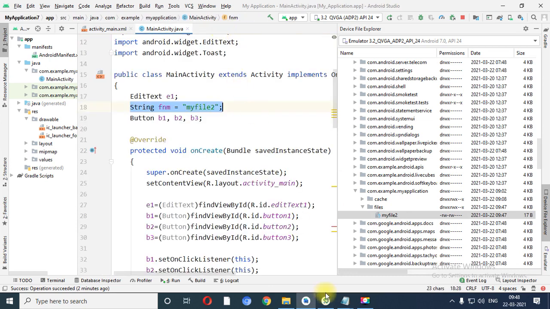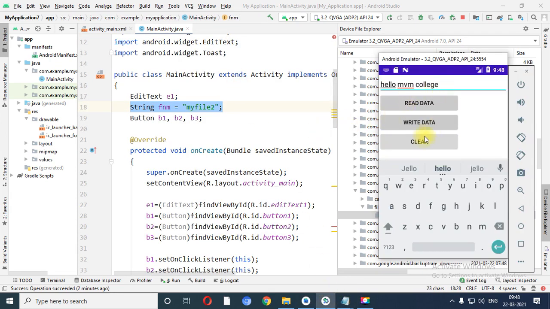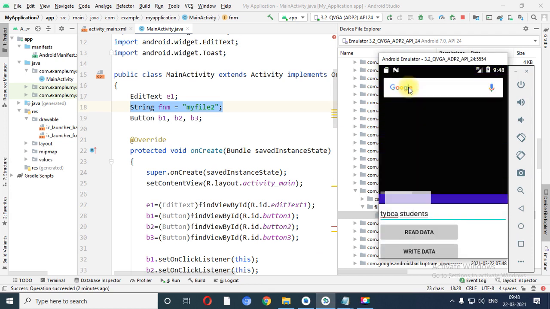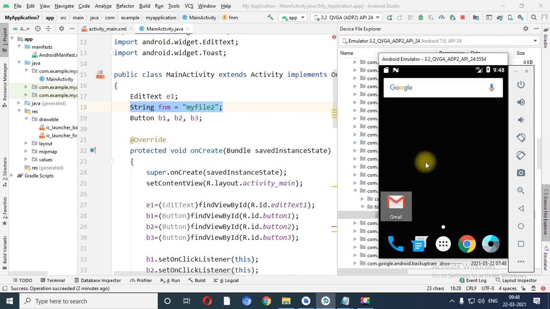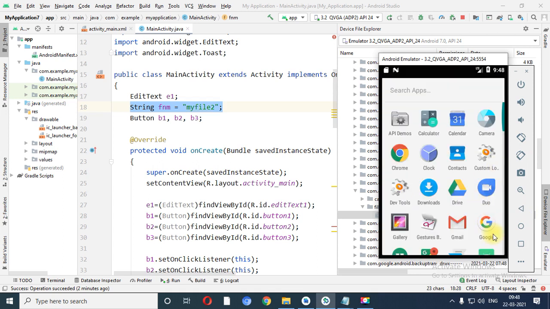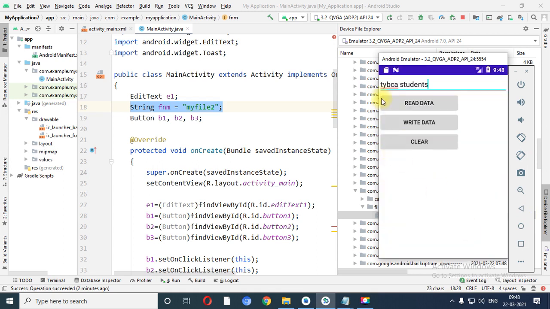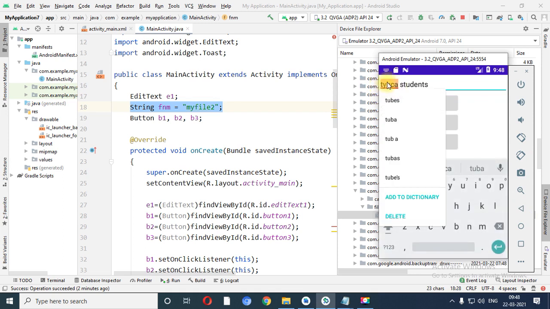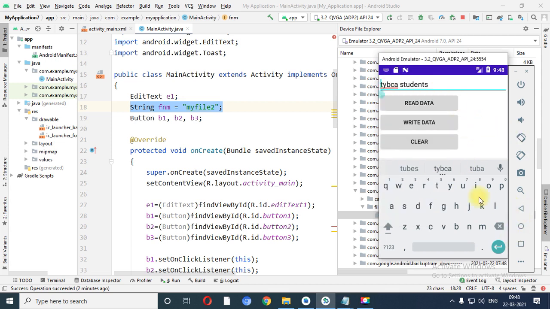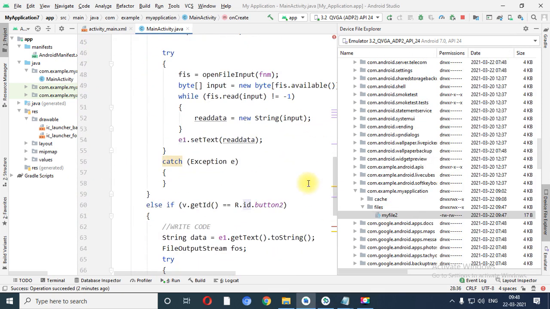Once again, when you execute this particular file, let me clear the edit text first. TYBCA students. When you use TYBCA students and click on write data, again click clear, read data, because our file is in the form of append mode, right.